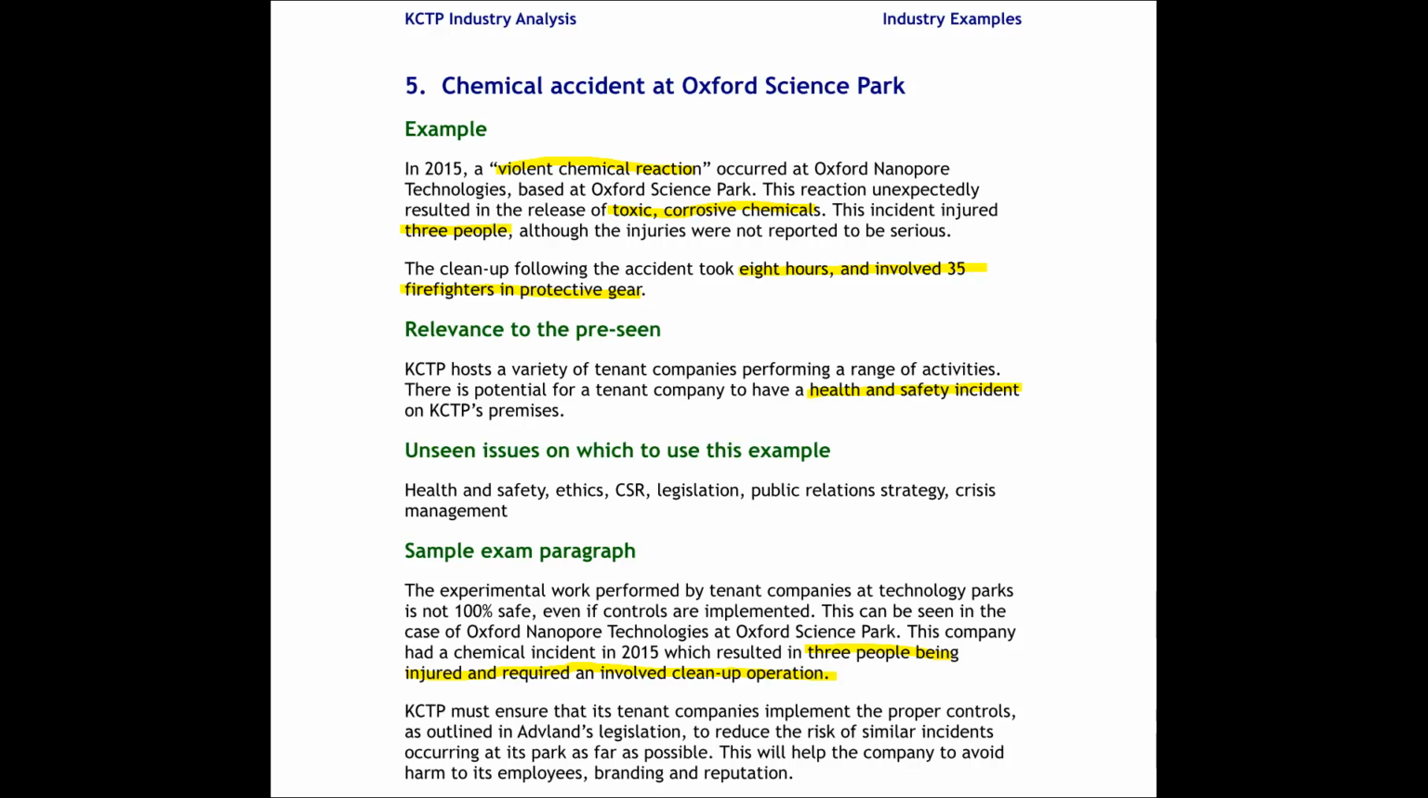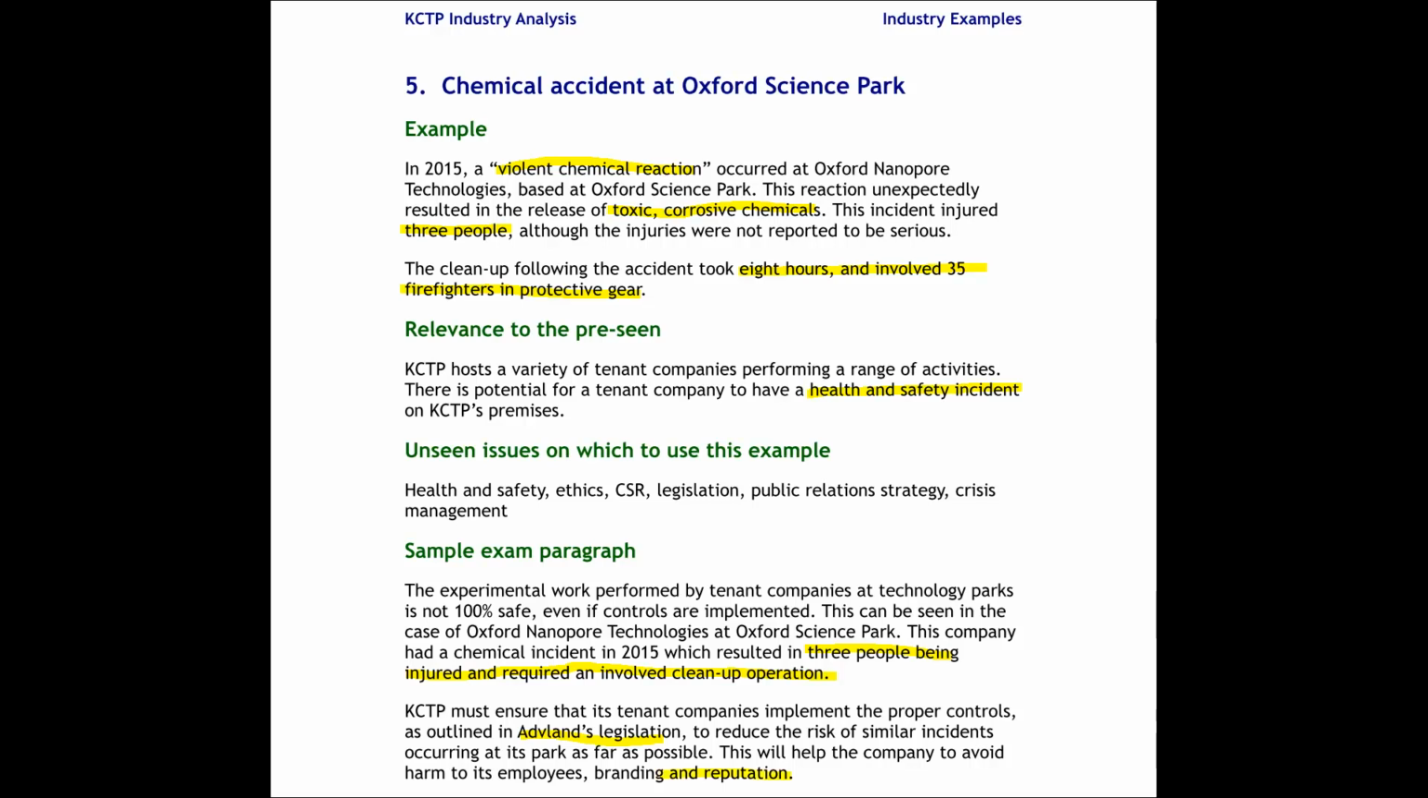Now Knowledge City Technology Park must ensure that its tenant companies implement the proper controls. So in the case of, again, laboratories, this could be things like ensuring that only trained people are actually allowed to enter the laboratory, adding fume hoods to remove toxic fumes emitted from chemical reactions, and so on. So as outlined in Advland's legislation, whatever controls are mandated by law should be implemented. And this will help to reduce the risk of similar incidents occurring at Knowledge City Technology Park as far as possible. So this will help the park to avoid harm to its employees, harm to its brand, and also harm